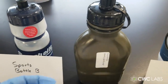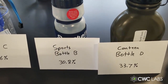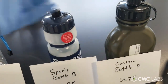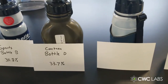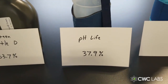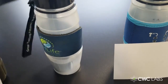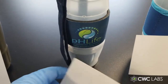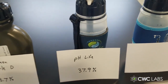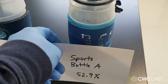Then there's this kind of military-looking bottle that removes 33.7%. Most likely these are the same filters. We just have some natural variation in the efficacy of small production lot differences, for example. The next water bottle is pH Life, which removed 37.9% of glyphosate in our tests. Again, it's a lot more than I expected. pH Life, there's the logo. This is really mostly a pH bottle for alkaline water, not so much a filter, but it still removed almost 38%. And finally, the better performing bottle was a Seychelles sports bottle that removed